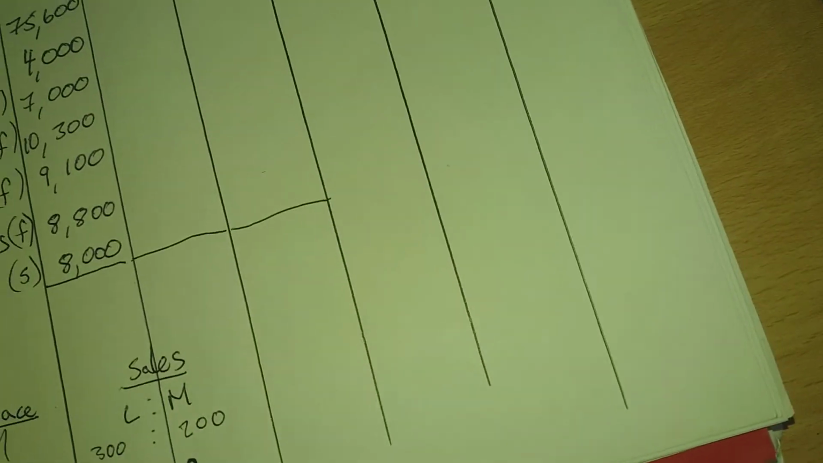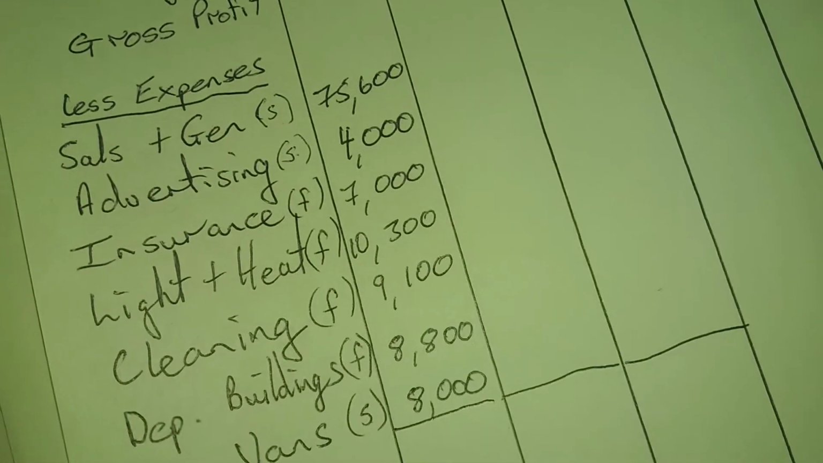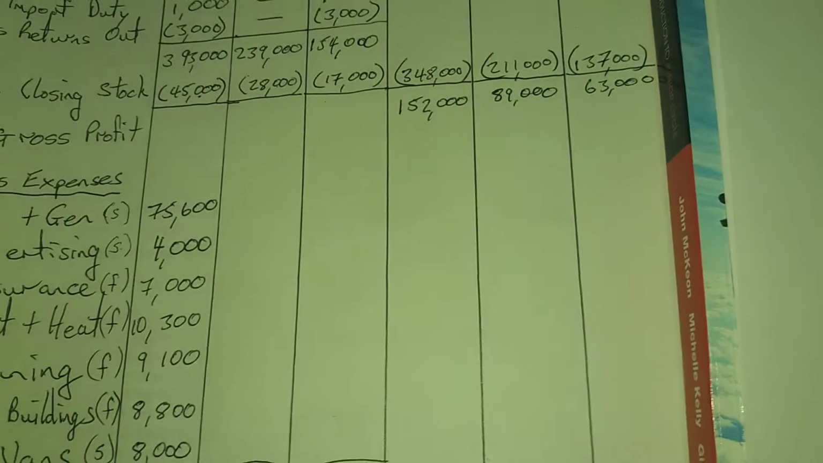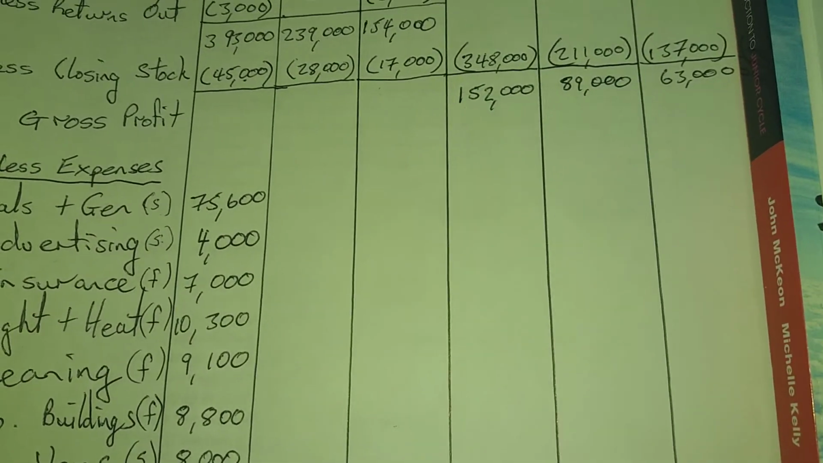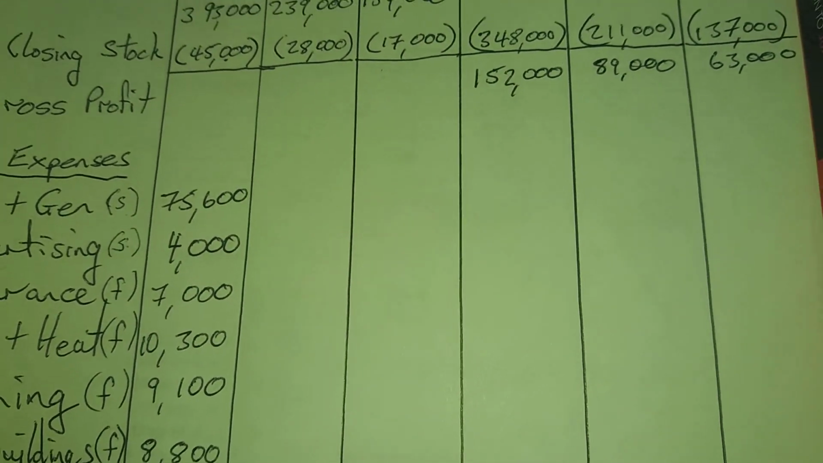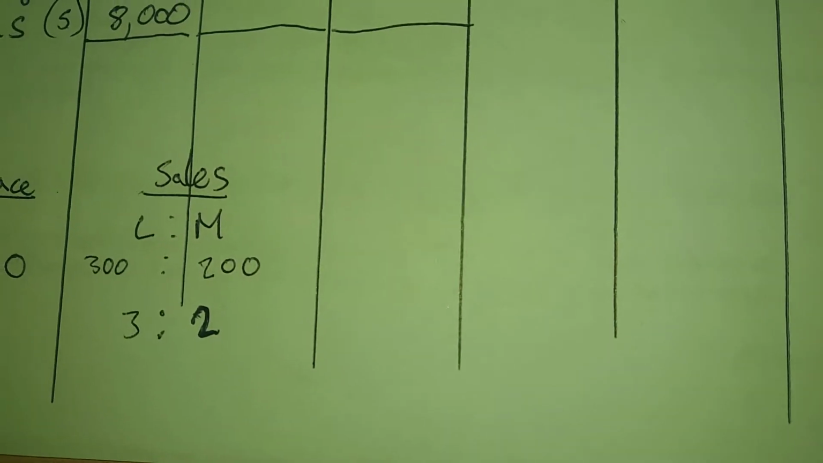The next thing, I think maybe I'll just get another piece of paper there to write on. And we'll start dividing up these expenses. And maybe the calculator as well, I think might be handy. Okay, so the first one is salaries and general expenses, 75,600. So if I take that 75,600, it's being divided up on the basis of sales. We already saw that sales was going to be